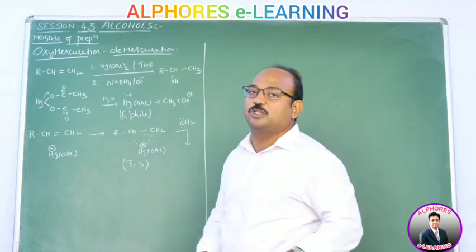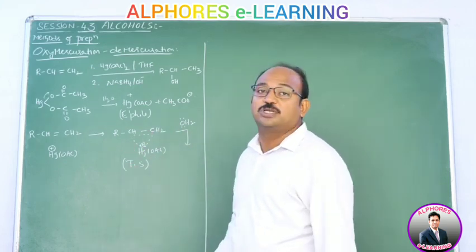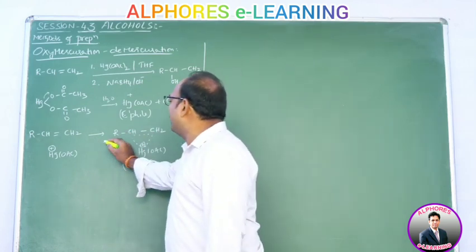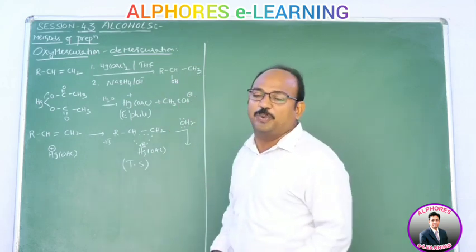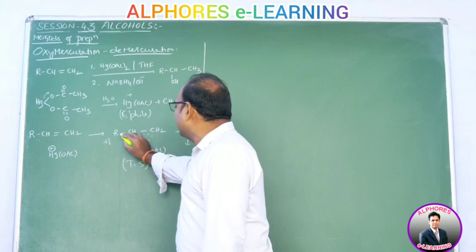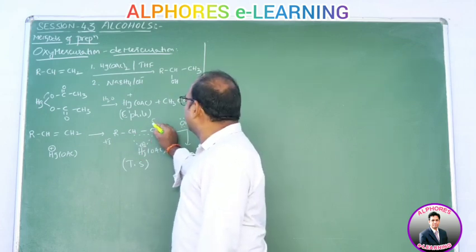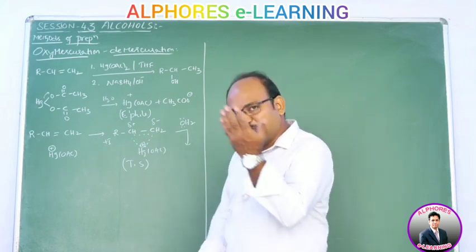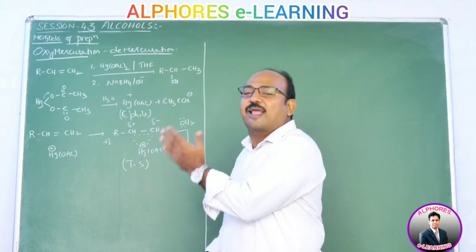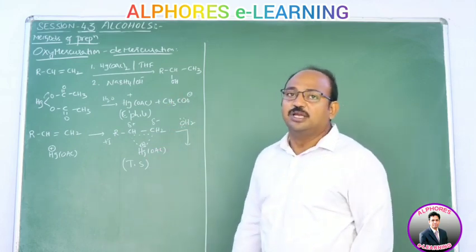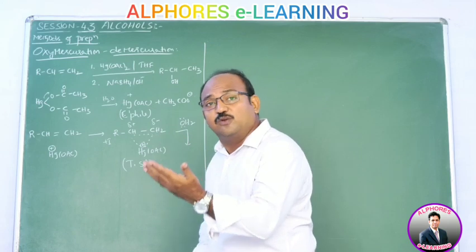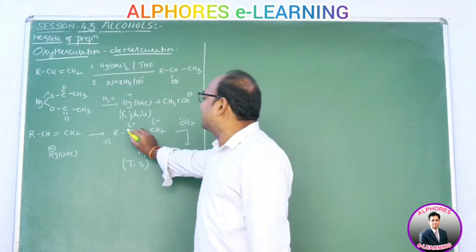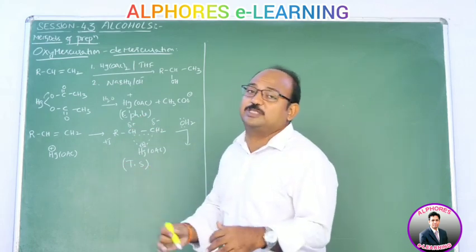Then the water molecule has to approach. Fine. So to which carbon will it approach, this carbon or this carbon? And why? Again, this alkyl group is a plus-I group, an electron releasing group, so the pi electrons are shifted towards this one. As a result, this carbon acquires negative charge and this carbon acquires positive charge. So this Hg plus will preferably shift towards the carbon which bears negative charge, and obviously this carbon bears positive charge.